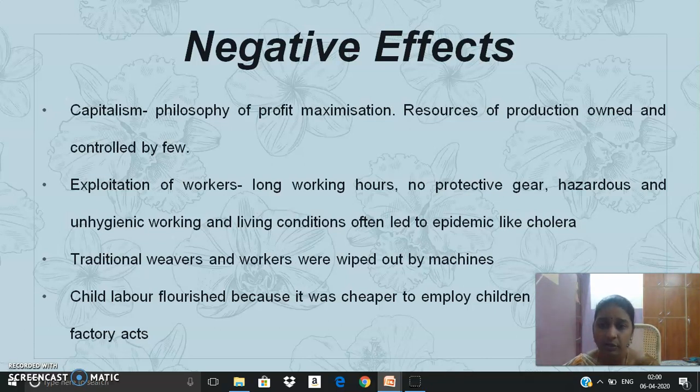There was exploitation of workers, especially women and children, and they were put to work for long working hours with no protective gear and in a hazardous and unhygienic working environment. Even their living conditions were unhygienic. Traditional laborers and workers were wiped out by machines, and child labor flourished because it was cheaper to employ children and also women. And because of this exploitation,